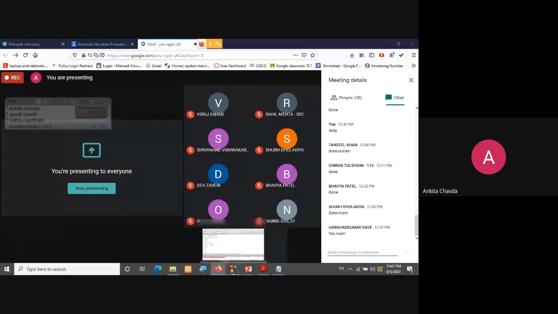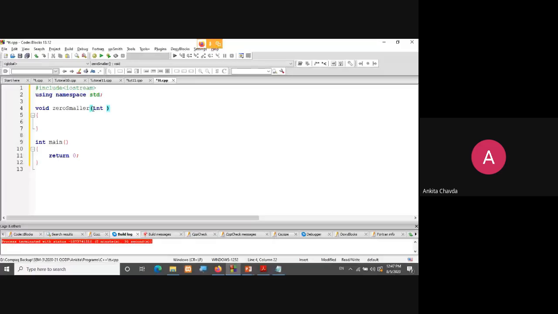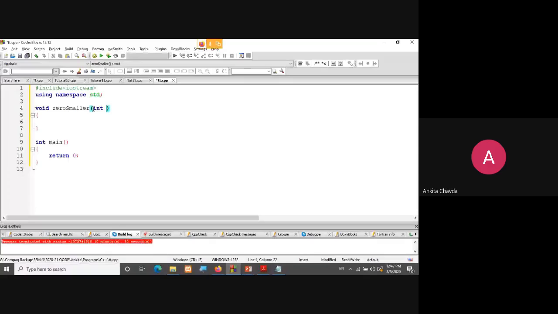Okay. So here, what should be the argument? Because we are just comparing two numbers, right? So we are taking integers, and here you will pass a reference instead of only a variable. So instead of writing int i, j, here I'm passing references. Now I'll simply check the values.